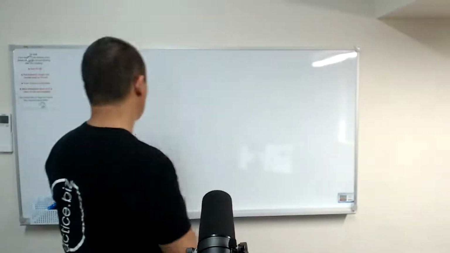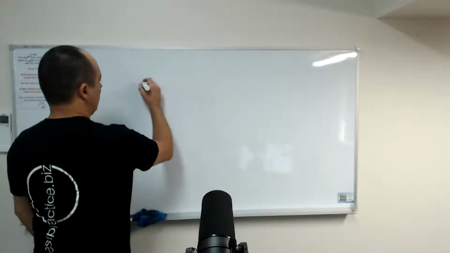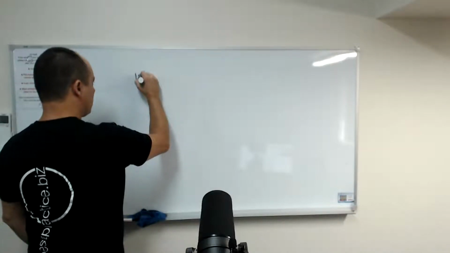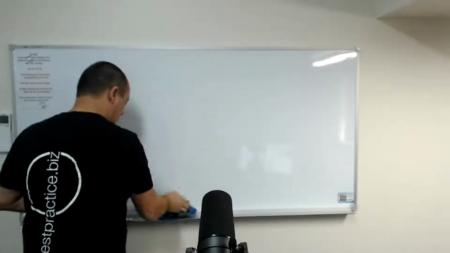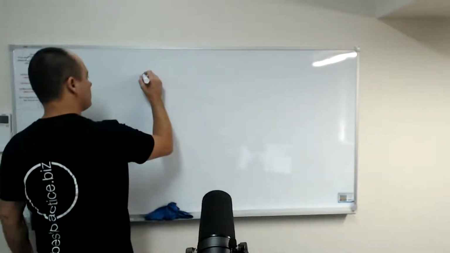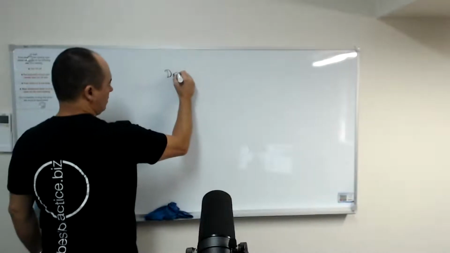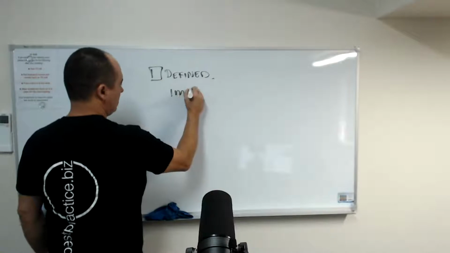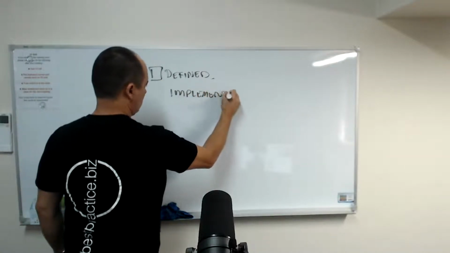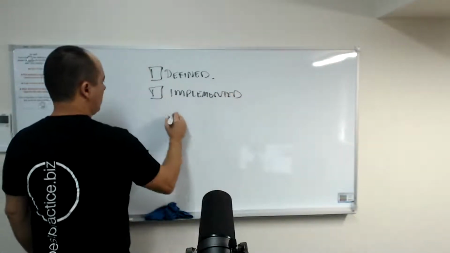What I'd like to quickly talk to you about is the certification process. We haven't really touched on that very often because sometimes I just assume that people know what it is. The certification process is really looking at implementation. The end goal is: is the system defined? Is it implemented? And is it maintained?